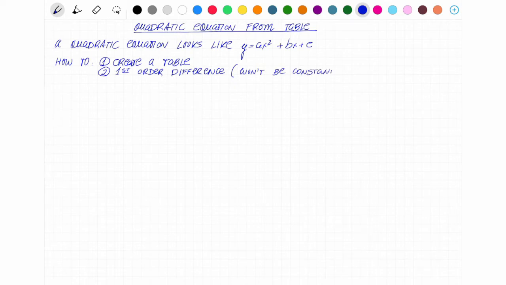When that fails, you check your second order difference, and in this case this will be a constant,